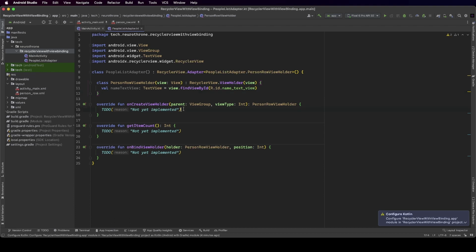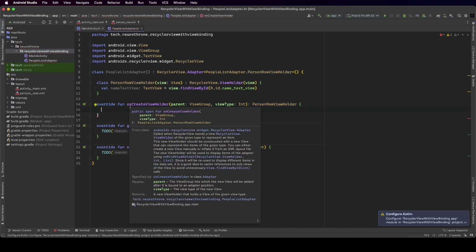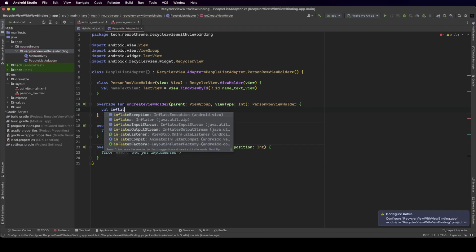And now let's go in here to onCreateViewHolder. Here we will need to take, we need to create a view holder with the contents. Consider the row. It's here where we're creating this person row view holder, inflating it from this person row, and then returning it. So let's say val inflator,